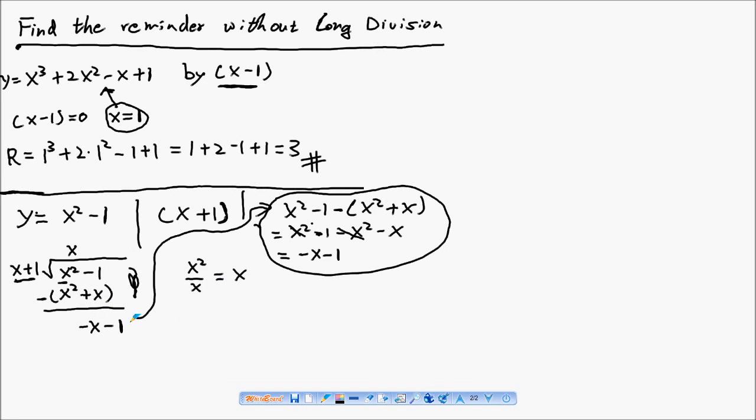And now we're doing the same thing. We use minus x divided by x, which gives us minus 1, and I put a minus 1 there, and I use minus 1 times x plus 1. I will have minus x minus 1, and the remainder is 0. Okay, when the remainder is 0,